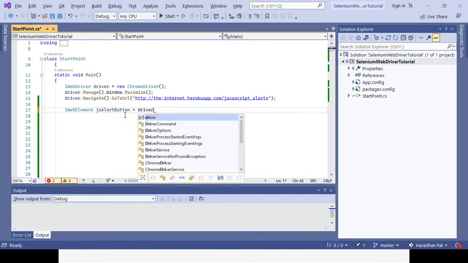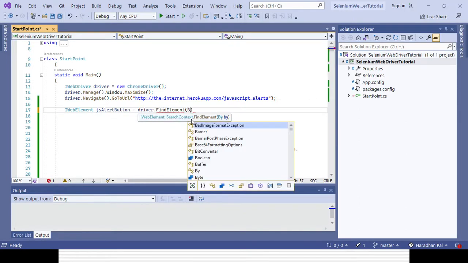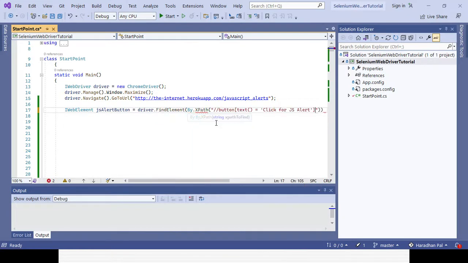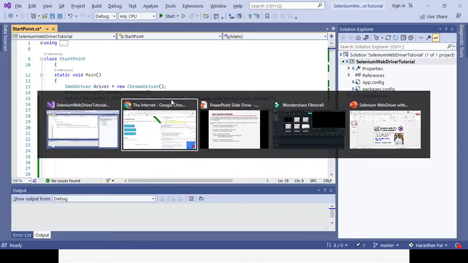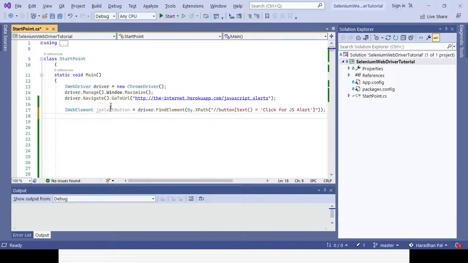With the help of XPath: driver.FindElement, By.XPath. First I identify the element, and once it is identified, I need to click on it, and then the alert will come. So I will take that element and click, so that the alert comes.